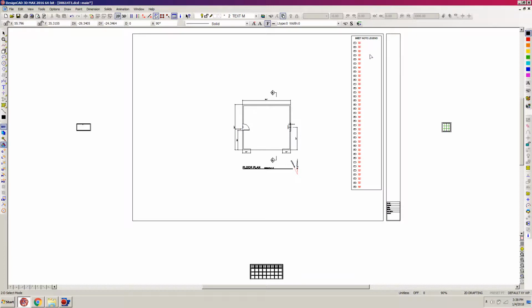Generally, I try to only indicate something once on the drawing, but sometimes it's important to show particular items in more than one place, just to give a better understanding of what's supposed to take place there. So what I'm going to do now is go down here and click on